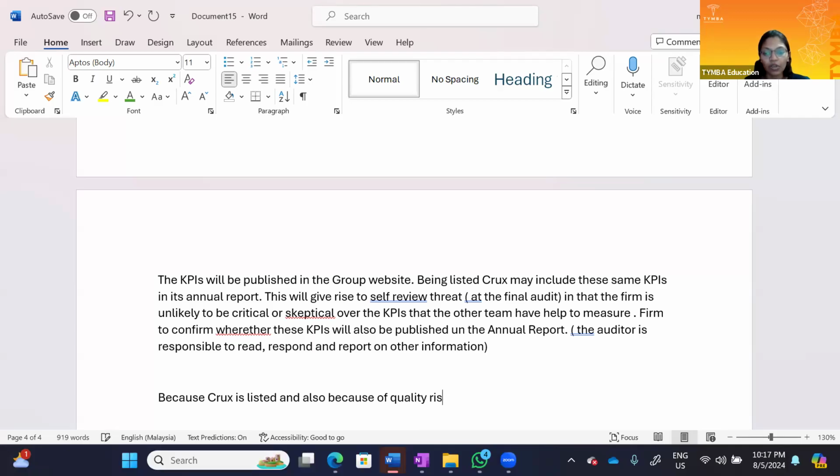Why do I say quality risk? Because if KPIs are included in the annual report,